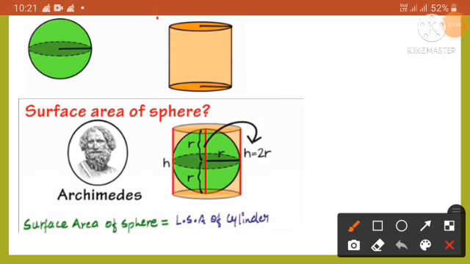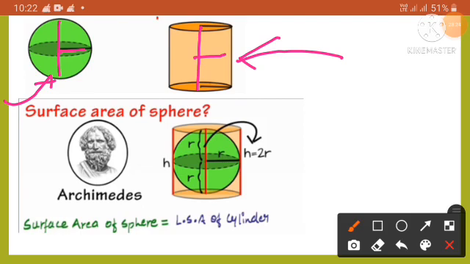Like a circle in a 2-dimensional space, a sphere is defined mathematically as the set of points that are all at the same distance from a given point in a 3-dimensional space. So here if we try to enclose a sphere inside a cylinder of the same height and same radius, we can easily enclose this figure in the cylinder.